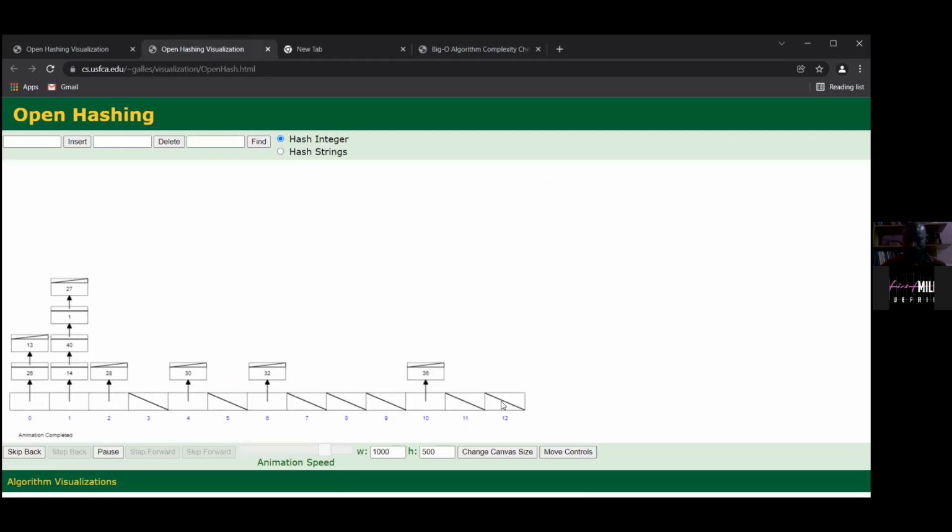In position 10, or memory space number 10, only one value is occupying it. Now in position 0, you have two values occupying position 0. And in position 1, you have 4 values.